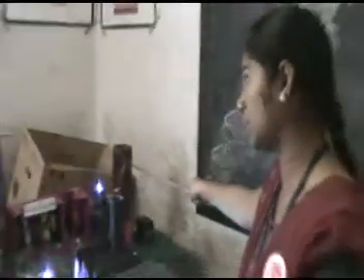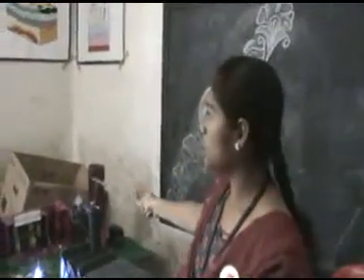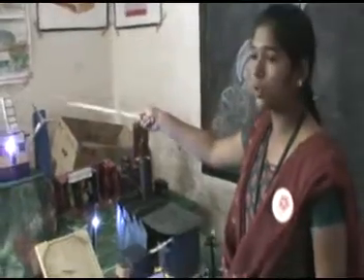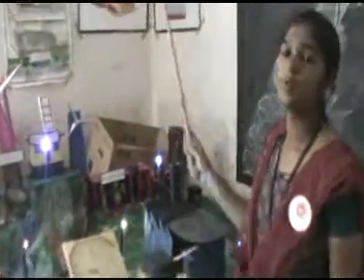This steam is again sent to a condenser where the steam is converted into water. This water is sent to a cooling tower where it is cooled down. Then the cold water is sent down again through a pump. It doesn't come back, and in this way the underground water is also not wasted. So we can use this for producing electricity as well as to enrich the underground water.